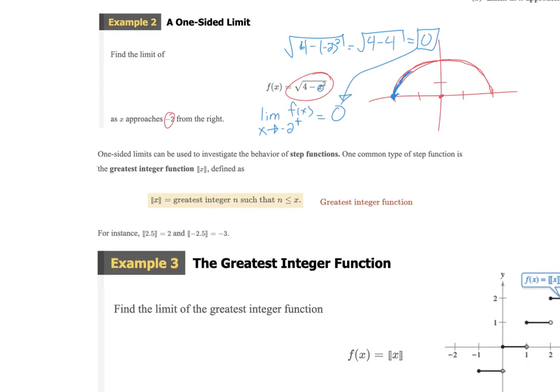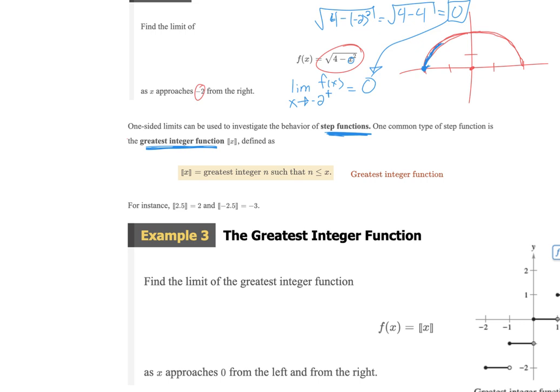Now, we can also use it to investigate the behavior of step functions. Step functions are not often used. Those who go on to study mathematics in college might see them more, so this is just a brief introduction. And this is the greatest integer function. And essentially, kind of what it means is